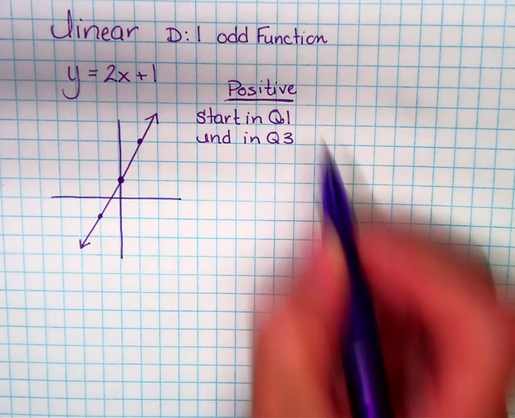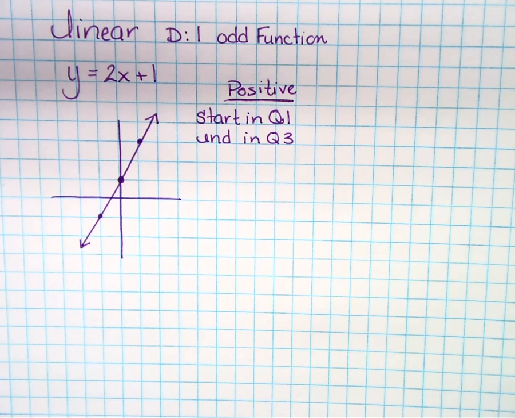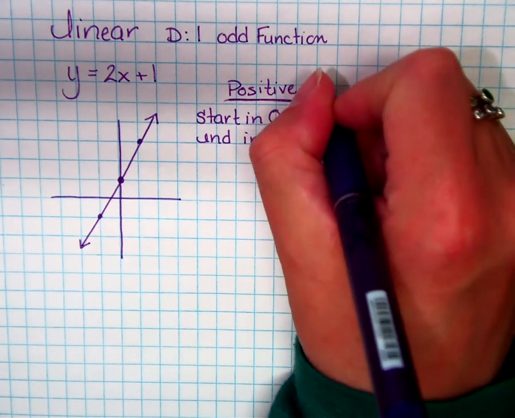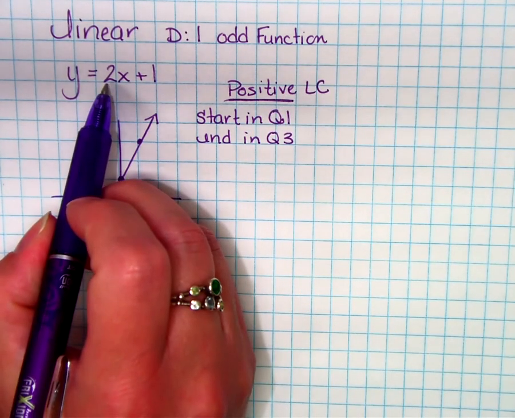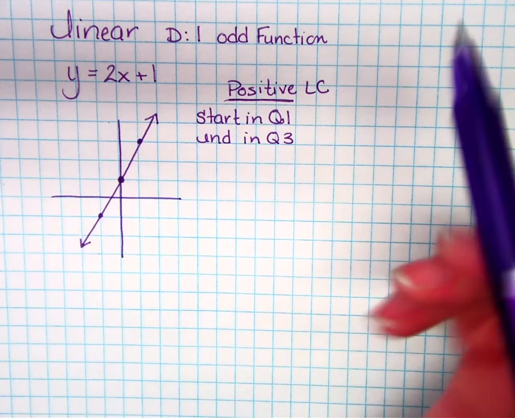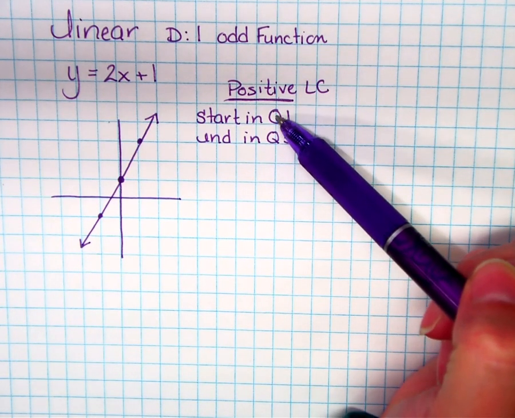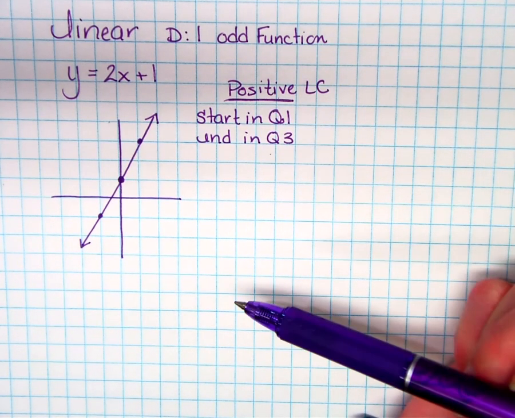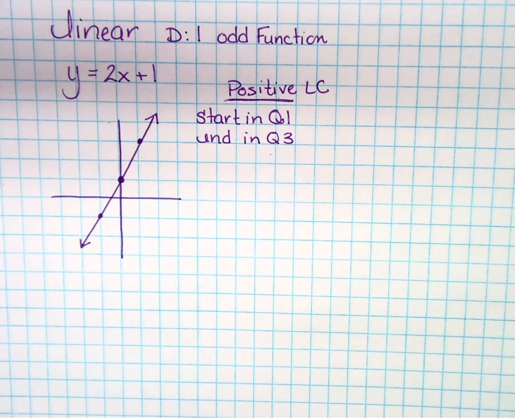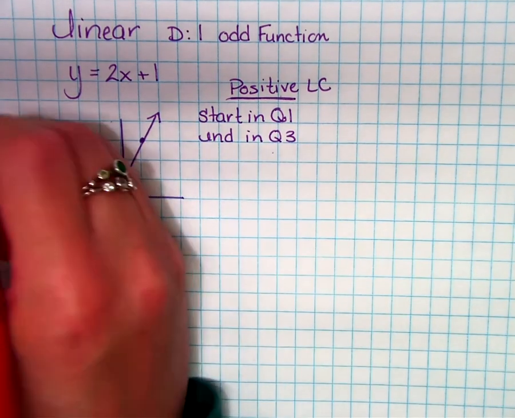Okay. So for a positive leading coefficient, because the leading coefficient tells me my slope, right? For a positive leading coefficient of an odd function, you're going to start in 1 and end in 3. Okay. So then if we graph this line,